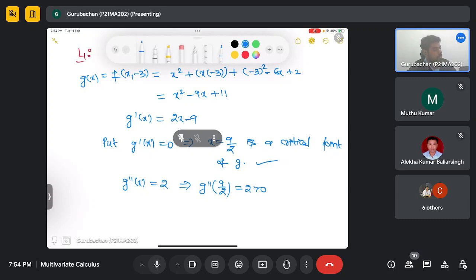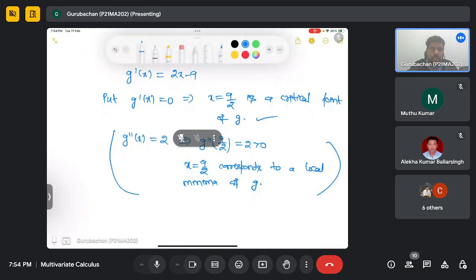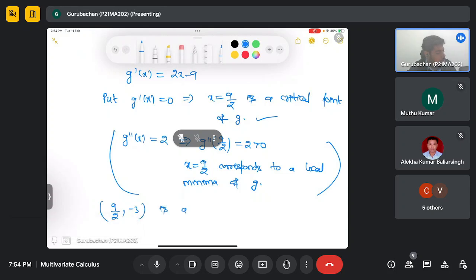Okay, so we can see by the second derivative test that x equal to 9 by 2 corresponds to a local minima of g. Okay, this is just for practice, but we are interested in the critical point. So what was the critical point? 9 by 2 comma minus 3 is a critical point